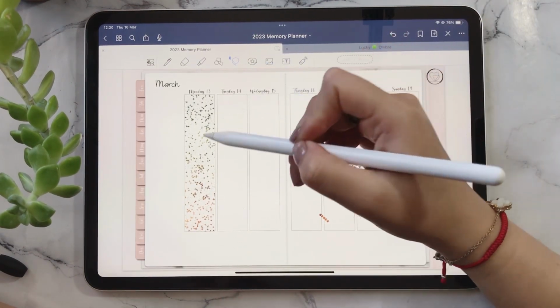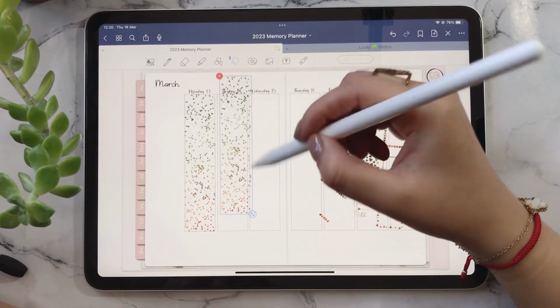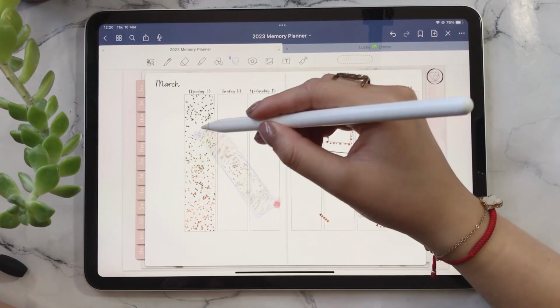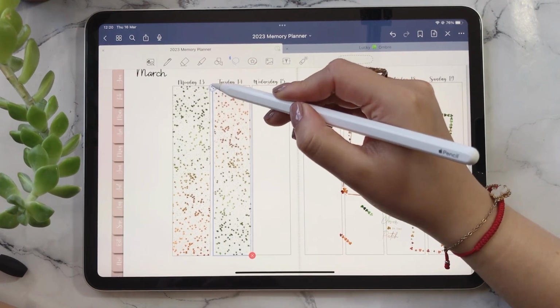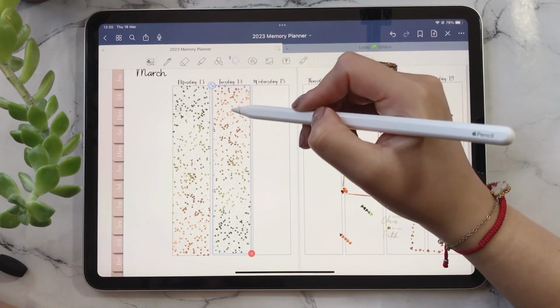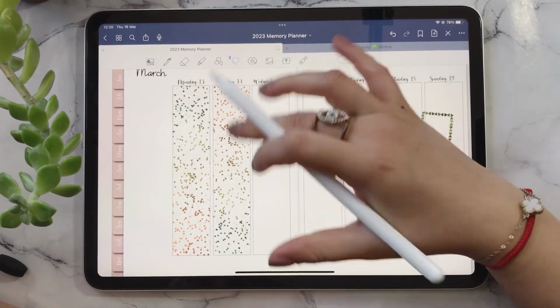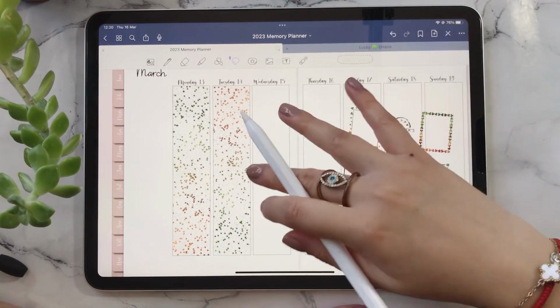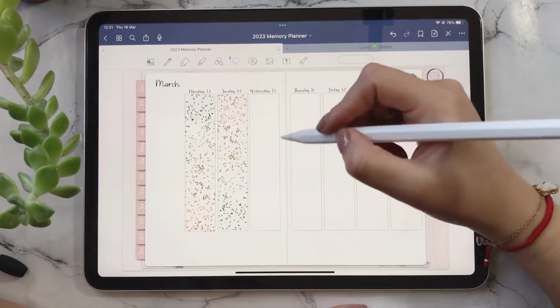I feel like this is gonna be a really cute spread. So I'm gonna paste it and go like that to mix it a little bit. So it's gonna go from the green to the coppery, and then the coppery to the green, and it's just gonna be really cute. I'm gonna just take it off. Okay,